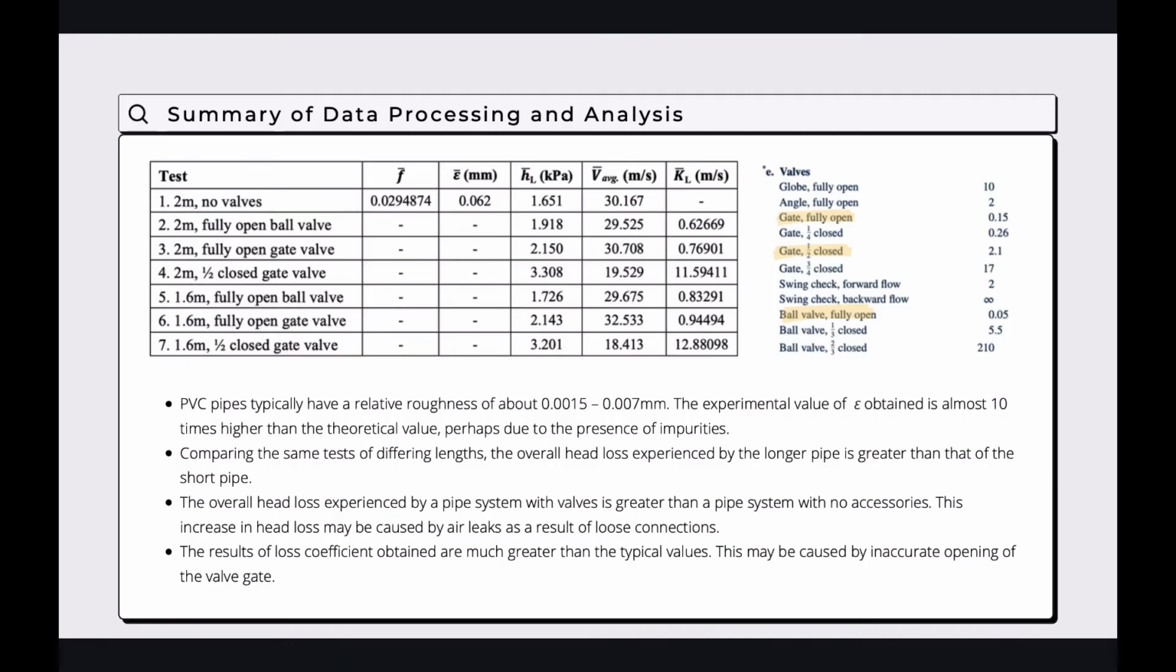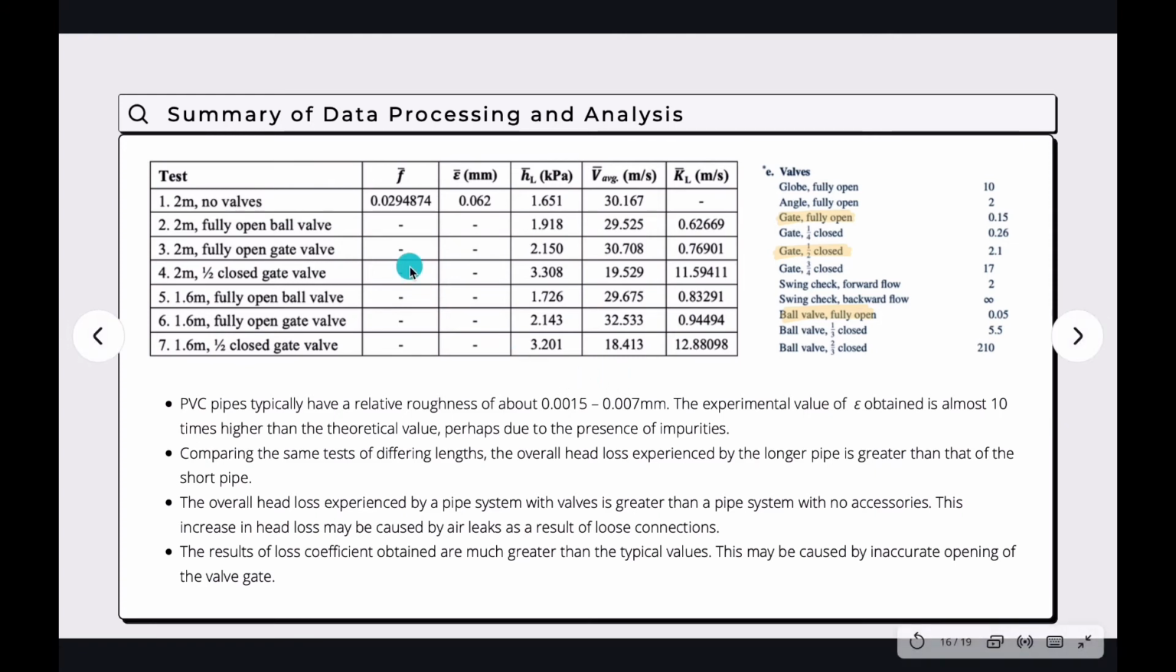From the data processing, we can conclude the following. The experimental value of equivalent roughness is almost 10 times the theoretical value. This increase could be due to the presence of impurities within the walls of the pipe. Location of the experiment could also play a factor, as these experiments were conducted outdoors, where it is more prone